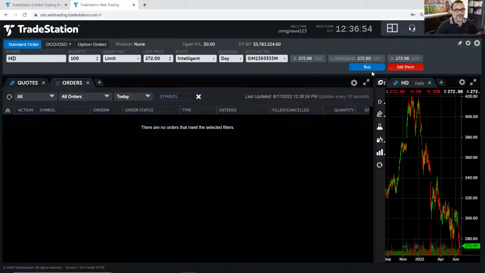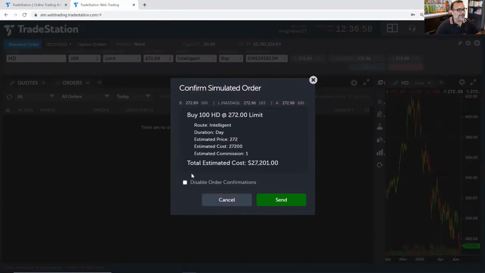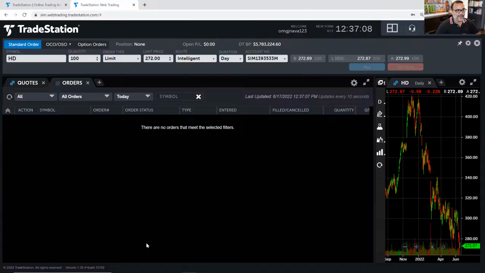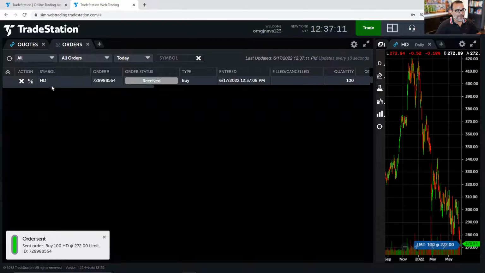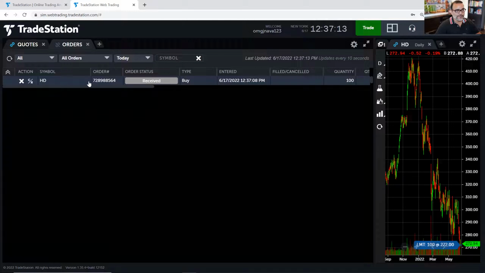All I need to do is click on buy or sell short. I want to buy this at 272. I get my confirmation. I'm going to disable confirmations just because I don't want to get this window every single time I trade. I can always enable it back up. So I'm going to send it. And there we go. We have an order here for Home Depot. It has a number. It's been received. It tells you the date and the time, the quantity,